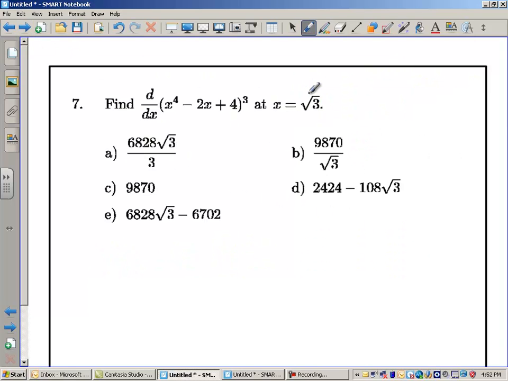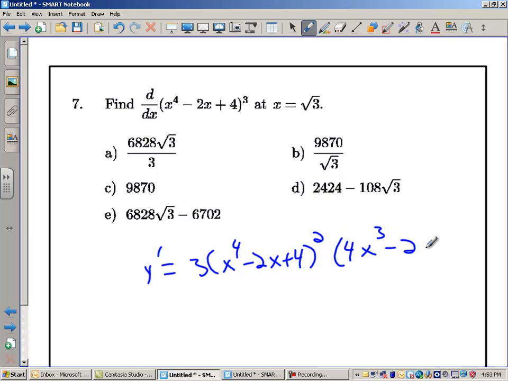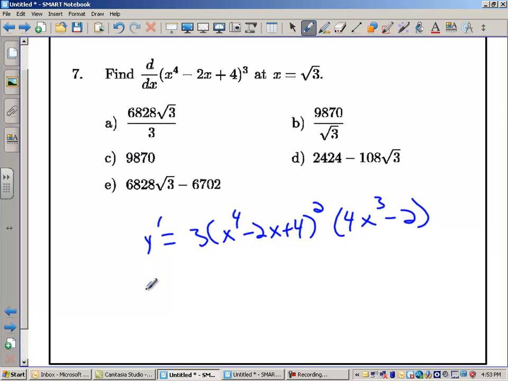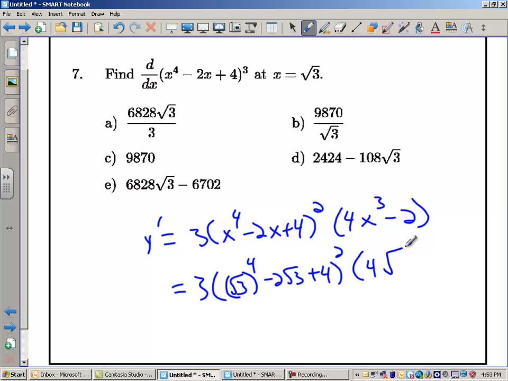Okay, here we're going to find a derivative at a point where we have to do the chain rule again. I've got a function inside another function. So my derivative is 3 times x to the 4th minus 2x plus 4 squared times 4x cubed minus 2. And we want to plug in the square root of 3. So we want 3 times the square root of 3 to the 4th power minus 2 square roots of 3 plus 4 squared times 4 square root of 3